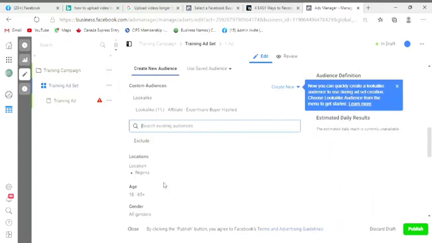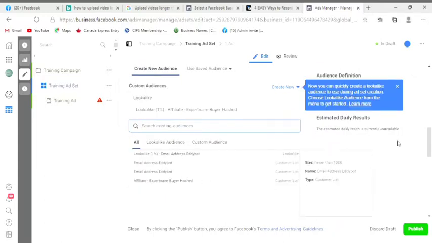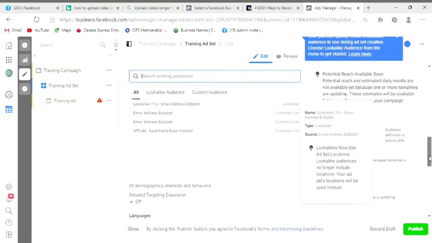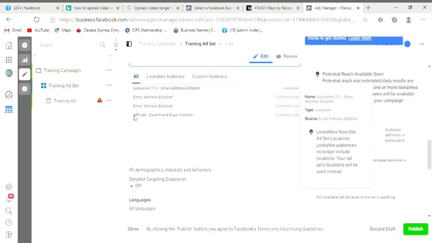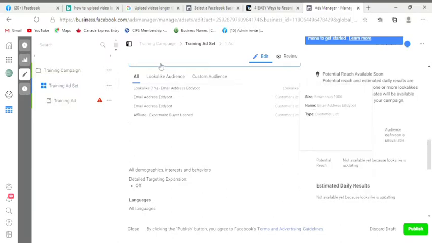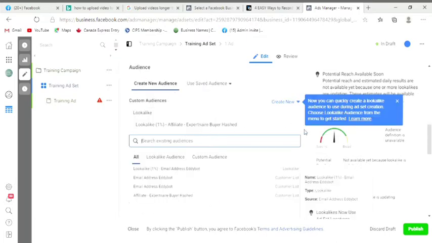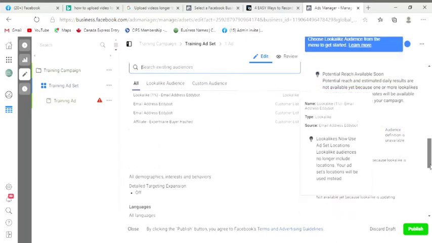Let's select this ex-partner I created some time ago. So we are good. This is the lookalike audience that's been selected. Then